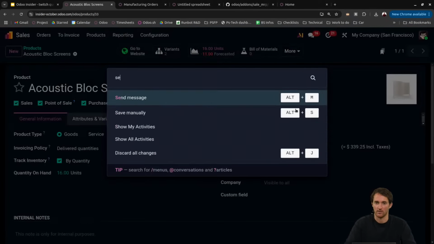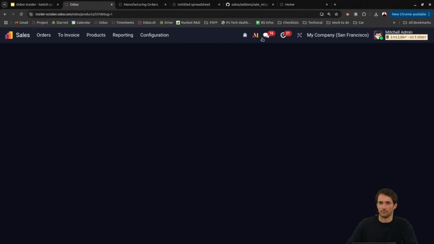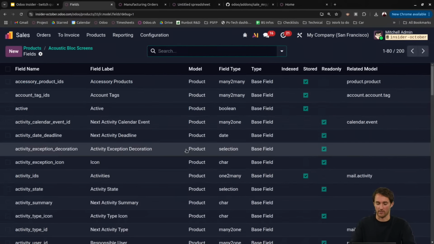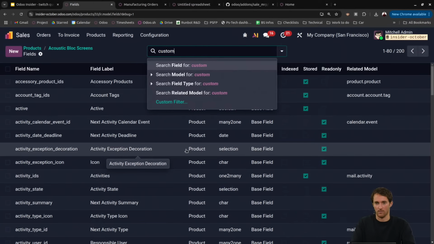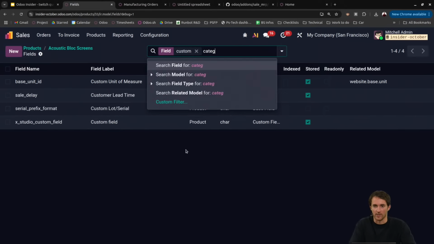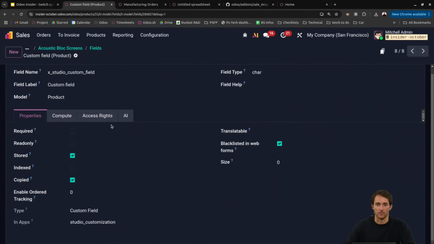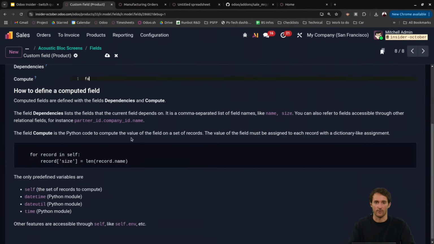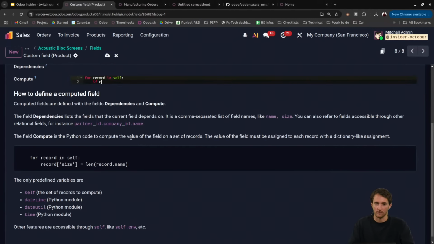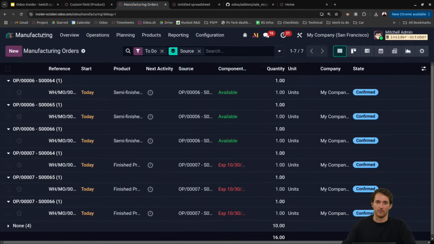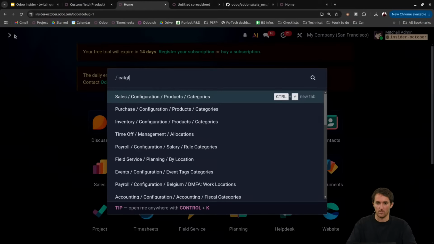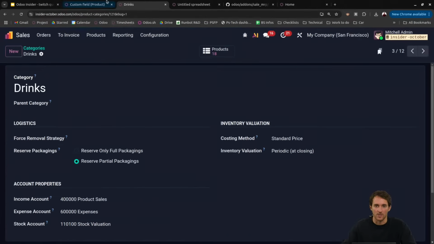I could decide as well to do it differently. If I go in my fields and look at my custom field and the category as well, the category ID, let's say I get to my custom field, a compute here: for record in self, and I could say if record category ID dot ID is equal to the category of drinks, which is 12,